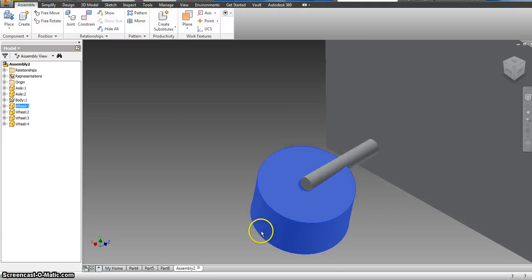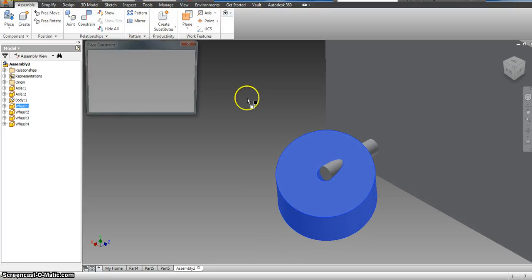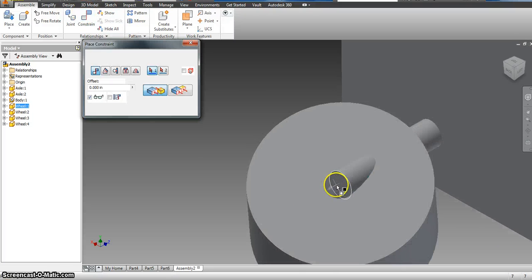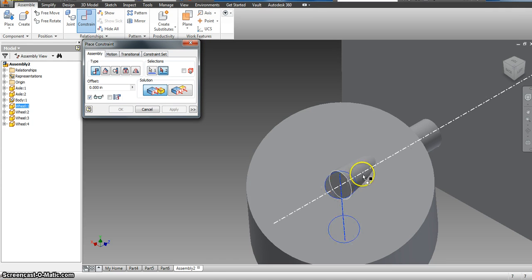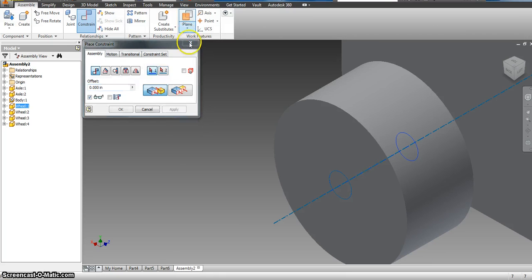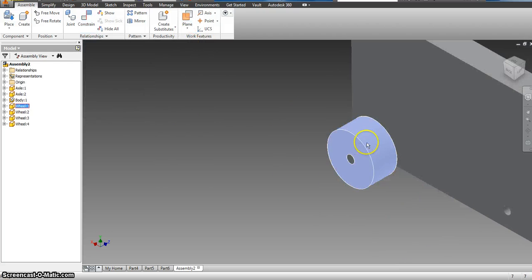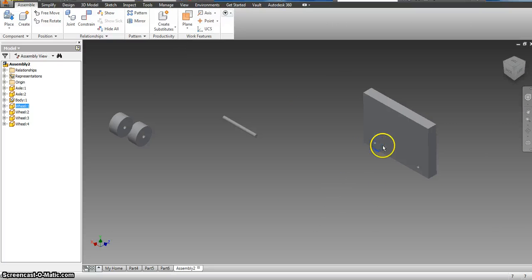So it's still moving really weird, as you can see. So I'm going to constrain the center axis of the wheel to the center axis of the axle, and now we've got the complete wheels. Now we'll deal with the fact that they're moving in a minute,